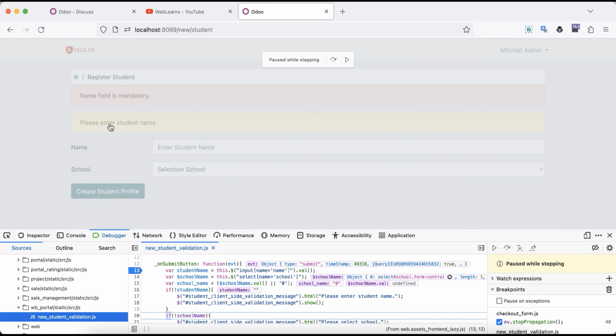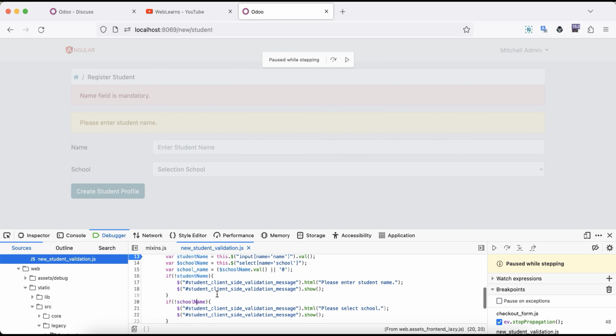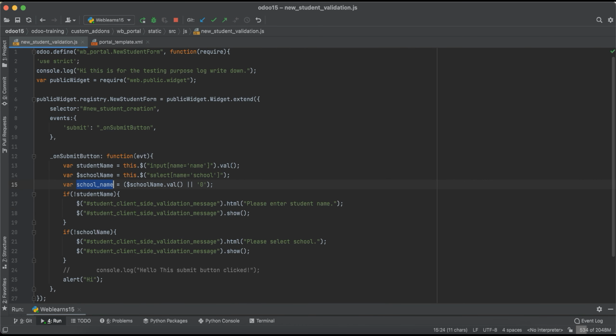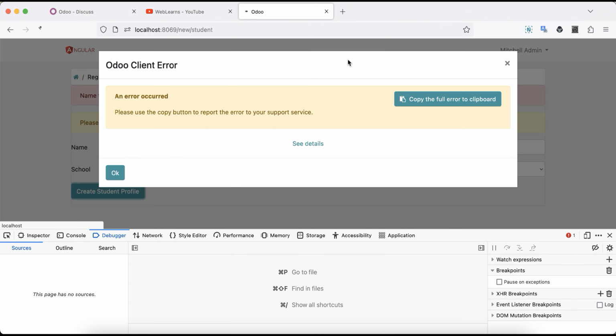You can see here, please enter student name is available, right? You can see after that, there is something, this cool name, right? So this is the object, actually we have to use this one instead of this one, so this is our mistake. So here let me add something like this, restart the service plus